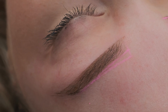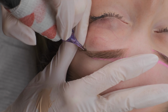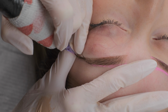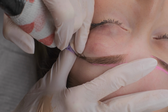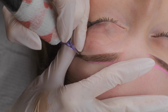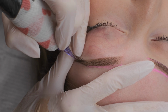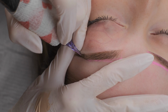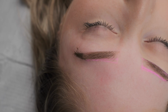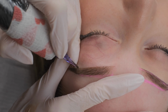So I'm going to take a machine and we will start from the bottom, back and forth movements, to the top, this way. Again, moving a little bit from the bottom, back and forth movements to the top. I need a little bit more pigment. Very good stretching. And from the bottom,